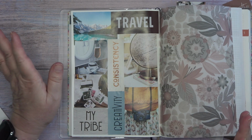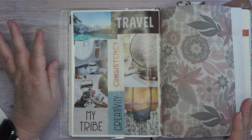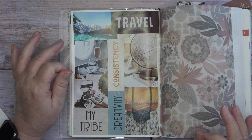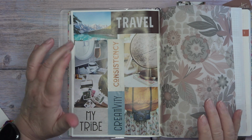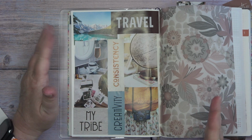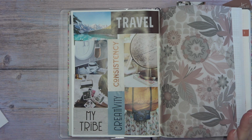This one, it's a seat from an airplane, and guys, I never thought I would be one that likes to fly. And I don't know that I like the act of flying, but I do like the act of getting from one place to another really quickly. I don't freak out on planes or anything like that, but I just